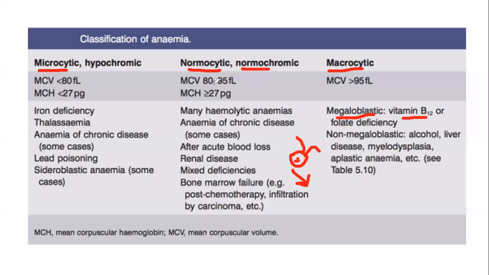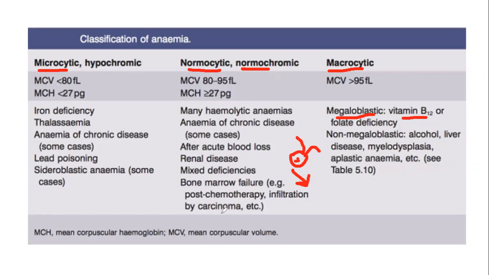But if MCV is within normal range and MCH normal, but the patient has anemia, the most common causes are hemolytic anemia, anemia of the chronic diseases,